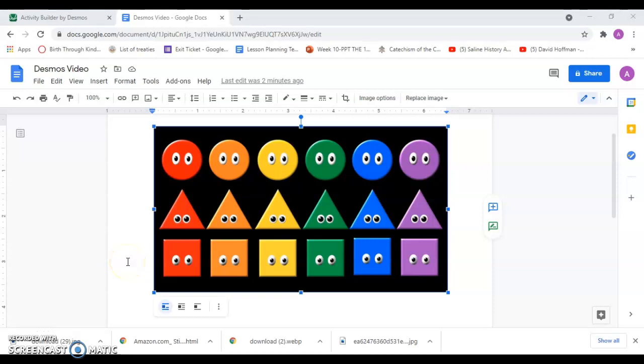Hi friends, so I wanted to talk to you about the picture that I just had you look at. Now I asked you a few questions to answer and I wanted to talk about those. So in this picture I asked you a few questions about the different shapes. Now if we look at this picture, I want to review counting these because I asked you how many shapes